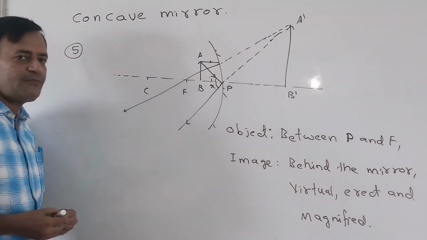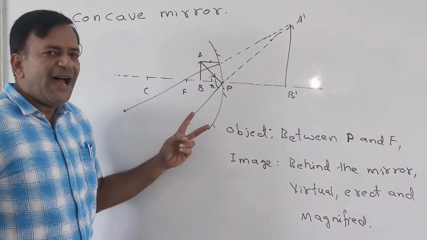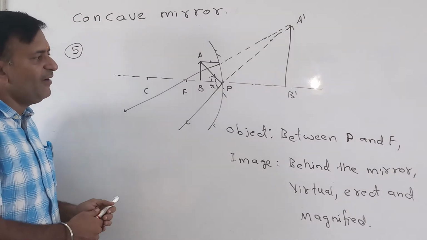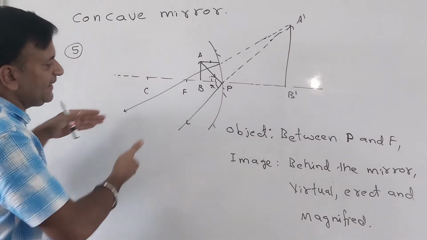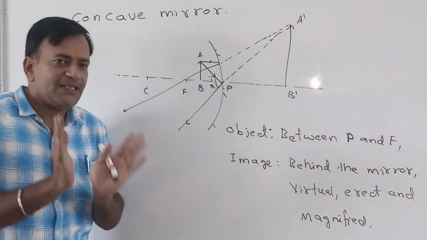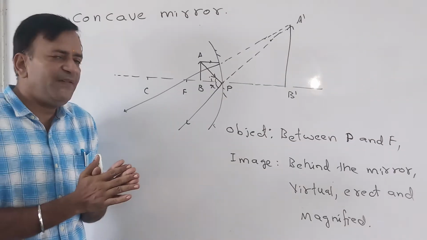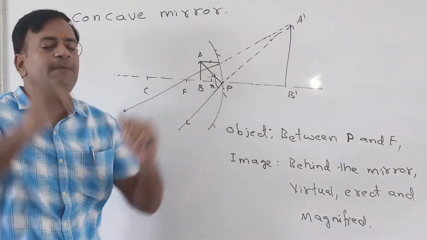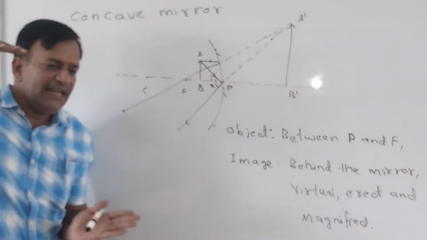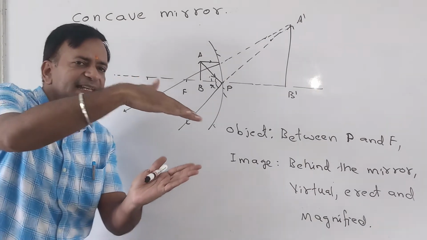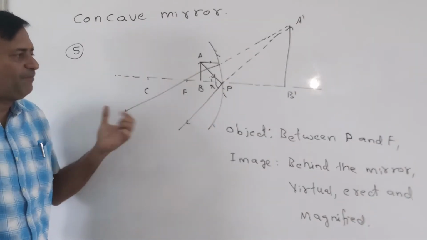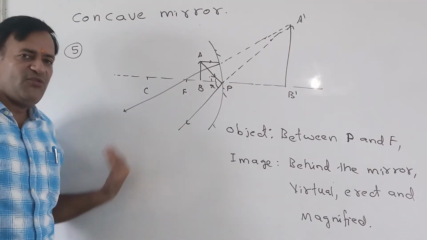Both are equal. Now in this diagram, if you try to intersect these 2 rays, they are never going to intersect in forward direction. The reason? Because these rays are diverging rays. If the rays are moving in such a way that the distance between them keeps on increasing, they are known as divergent rays. And if they are drawn in such a manner that the distance between them keeps on decreasing, they are known as convergent rays. So these 2 reflected rays are what? Divergent. They never meet in forward direction.